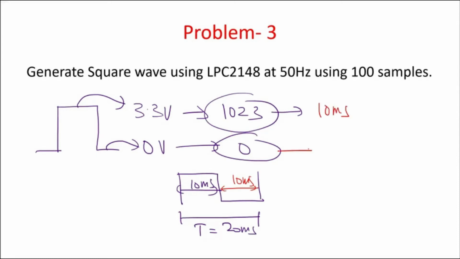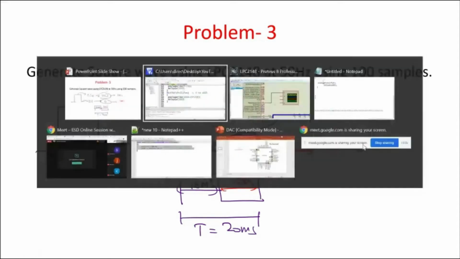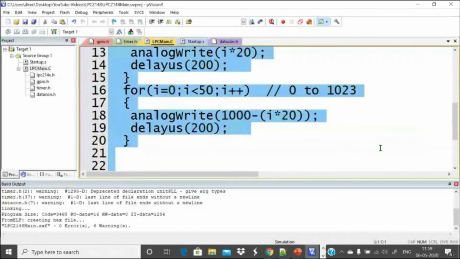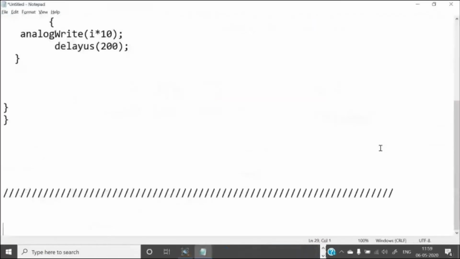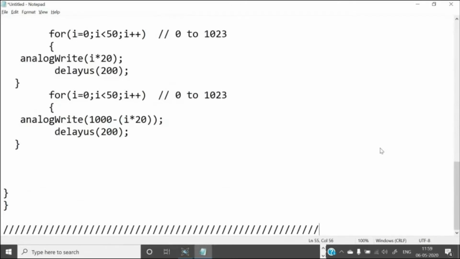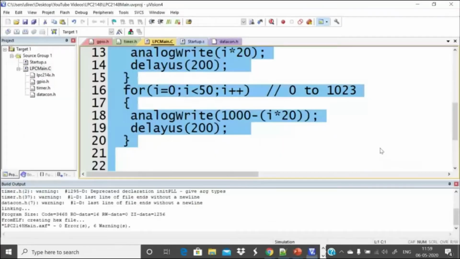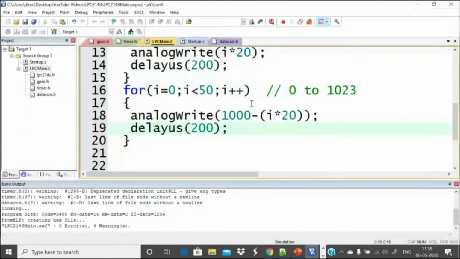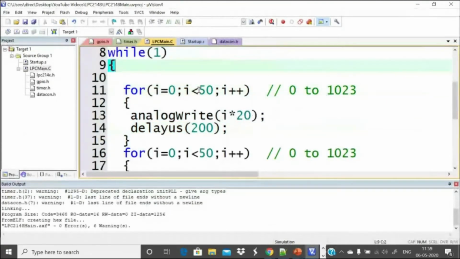I pass 0, I again wait for another 10 milliseconds. So pretty straightforward thing. So there's no need for for loops and all.